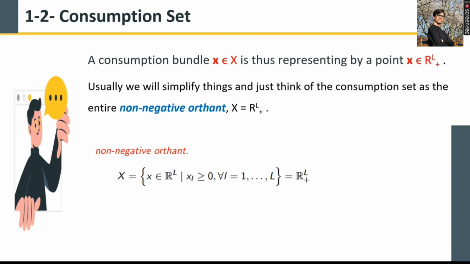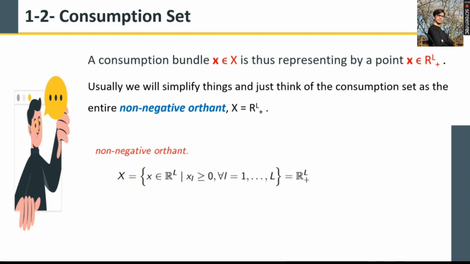Why is that? Because a person cannot consume a negative amount of something. A person can either consume a positive amount or zero. It doesn't make sense to say I'm consuming -3 of that good. So that's why we think of this consumption set as RL plus, a set of real numbers with L dimension but non-negative. In a set description, we say that X, the consumption set,